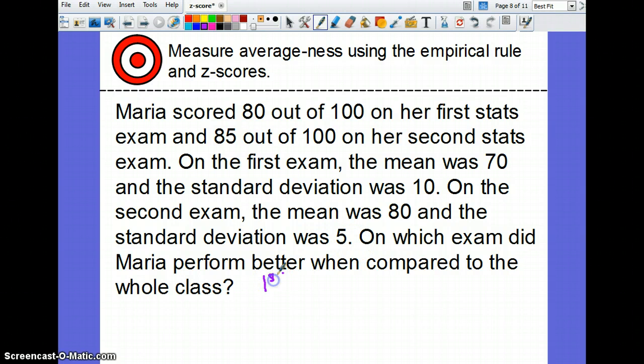So for her first test, she had an 80. So x is going to be 80 minus the mean, which on the first test was 70, divided by the standard deviation, which on the first test was 10. Okay, so it's going to be 10 over 10, exactly 1. The z-score is exactly 1. On the second test,